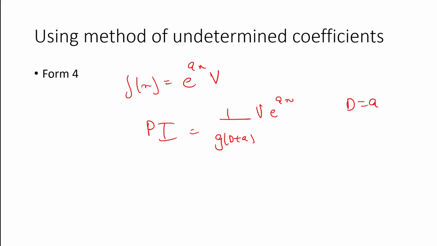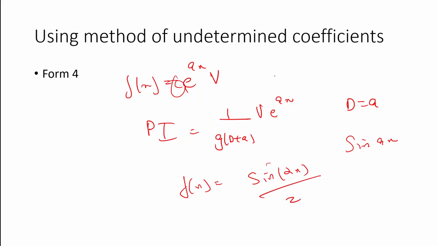But sometimes it is possible that you are given an equation, say f of x equal to sin x cos x. Then I have not described this form anywhere. So you have to use formulae to reduce sin x cos x into some sin ax. We know 2 sin x cos x is equal to sin 2x. So we rewrite this sin x cos x as sin 2x by 2, which can be solved. Remember, constant is always allowed. Some constant can always be added to this, no issues. So that is the thing.